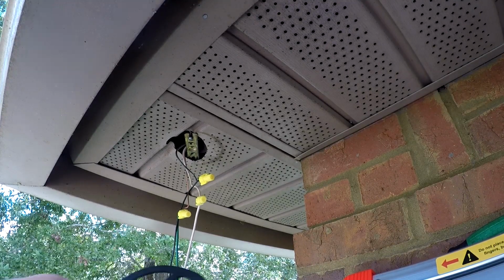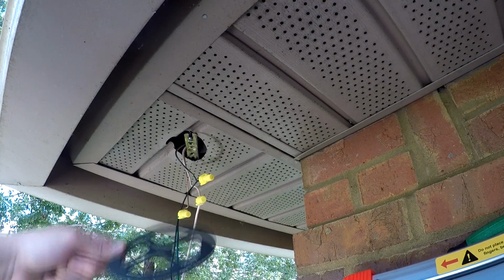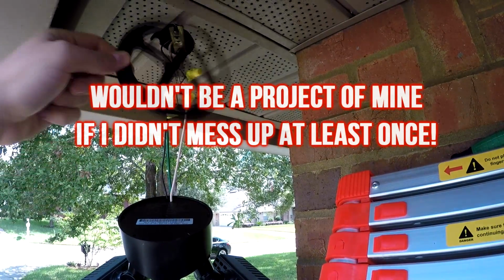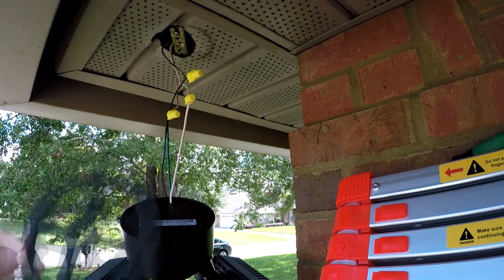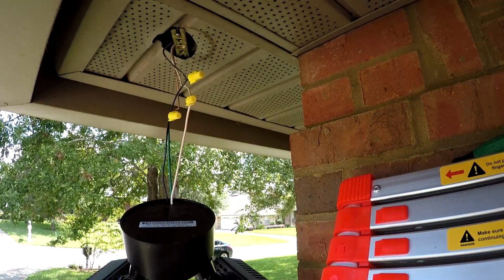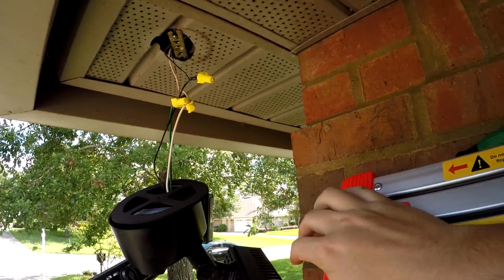Oh, bother. So what I should have done was put this gasket on before I did all those wires. Now there's no way to get this on because I've already closed that off. So we're gonna have to undo those and do it again, and then we'll put these in first. Good job, Brad. Okay, so now that everything's attached and I've got my gasket on,